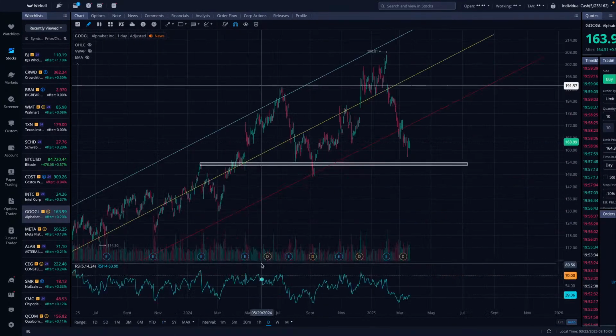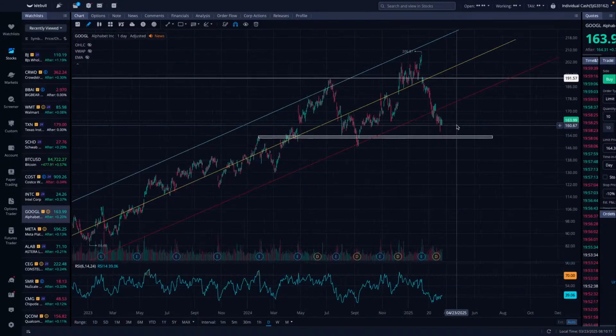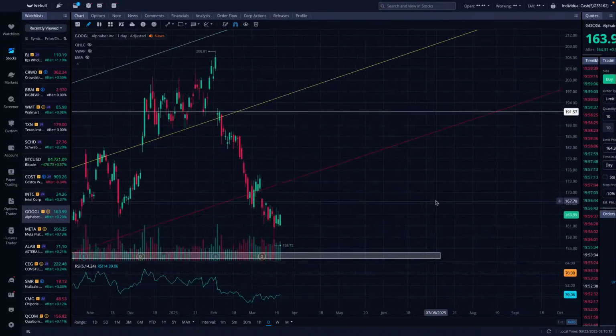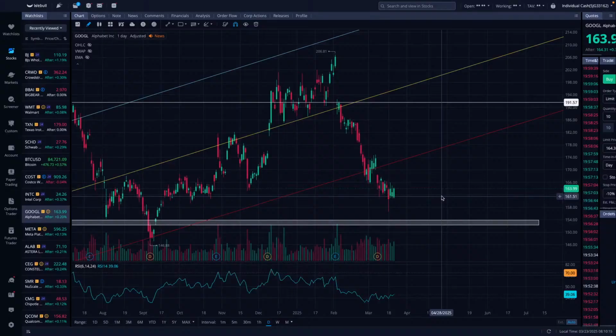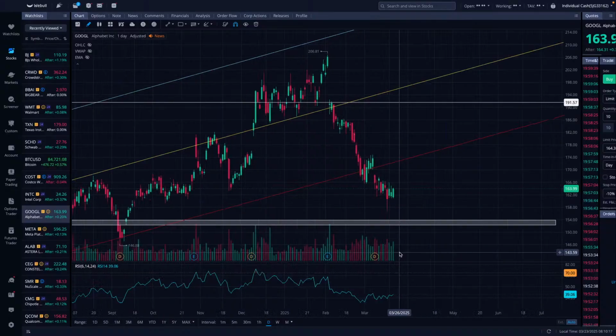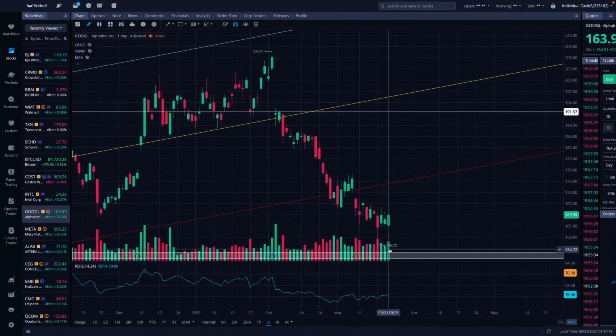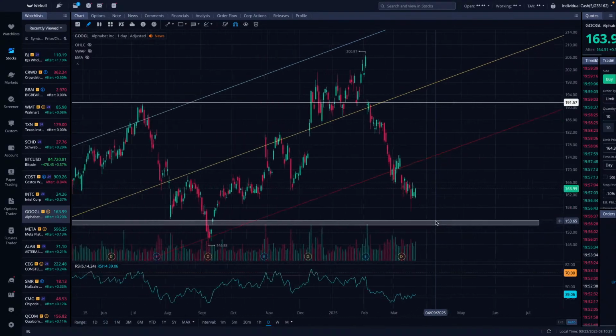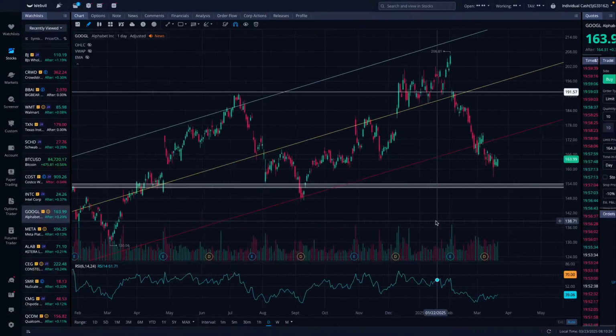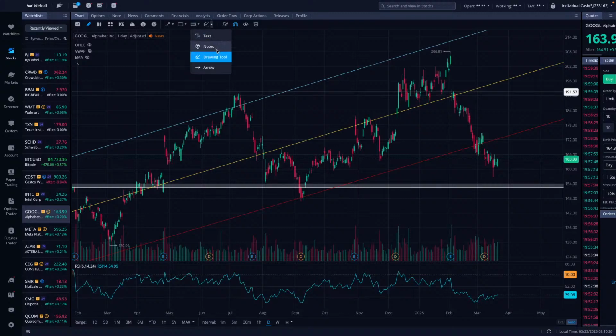160 seems to be the line in the sand, I've noticed, for this stock. I just figured we were going to get a little more of a pullback, but I just couldn't stop. I keep buying at these levels right now. Maybe all these green bars is really just Trade Simplified that is holding this guy up right now at this point. But I'm going to continue to buy more. When you have a long-term perspective, you actually want pullbacks.